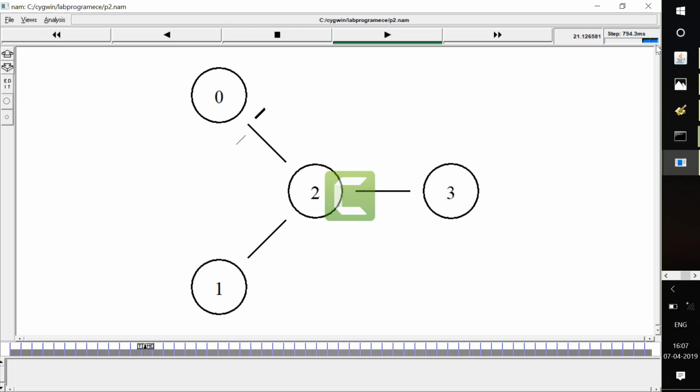If you want a faster process, you can drag this one. Now you can see that packets are moving from N1 to N3, that is UDP packets. You don't see any acknowledgement coming from N3 and reaching N1. So only if you transmit TCP protocol packets are you going to get an acknowledgement, because it's a connection oriented protocol.